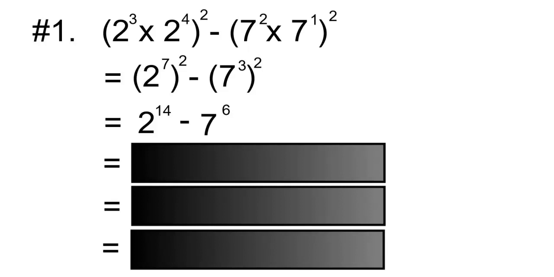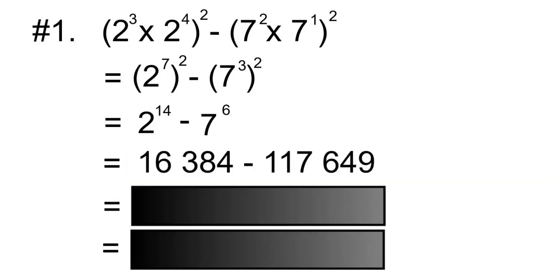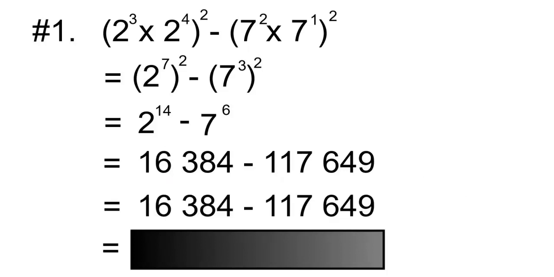Evaluate each power separately and then subtract. 2 to the 14 is going to be 16,384 minus 7 to the 6, which is 117,649. Since we're subtracting a larger number, we're going to add the opposite. So if you add the opposite of 117,649, it's going to be negative